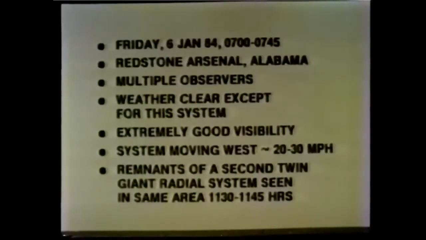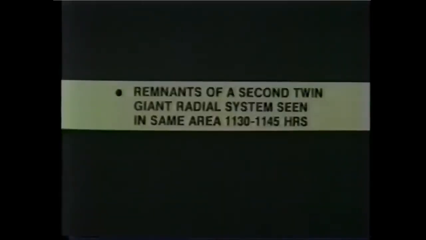In their weather control, if you recall, they gave us anomalous winter, the very cold December snap of 1983, which broke all the records everywhere, many of them since records had been kept on the cold. And that was deliberately engineered. They left signatures before they did it with these kinds of things all over the U.S. We saw the same day remnants of a second twin giant radial system that motored along across Huntsville, Alabama.